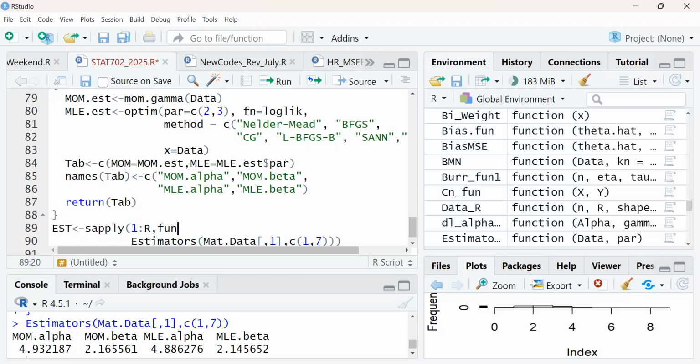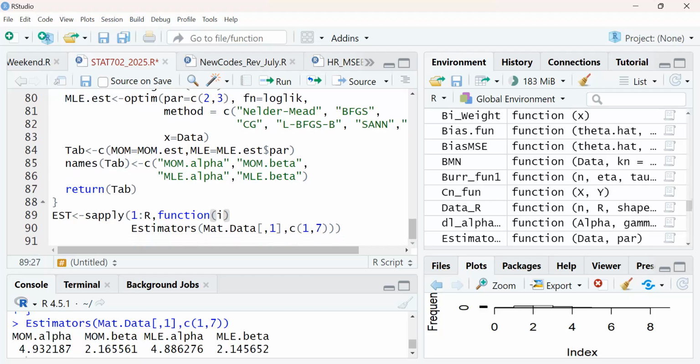So we need a function here, and the function is I. So it should take each of them and call this I. And each time we are using the same alpha, beta. Okay.